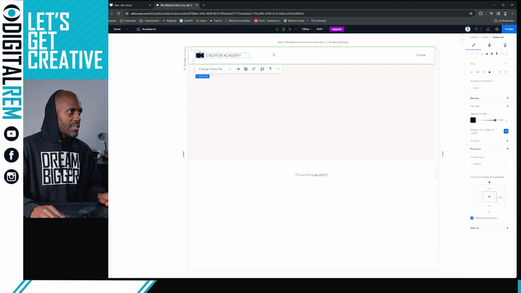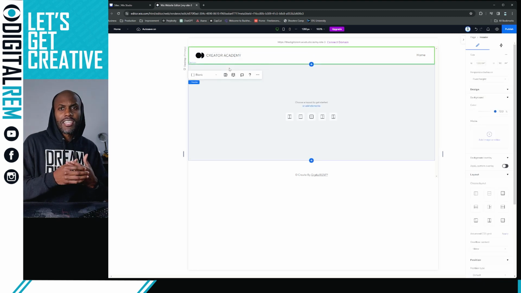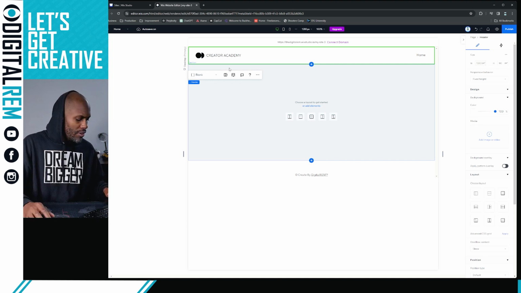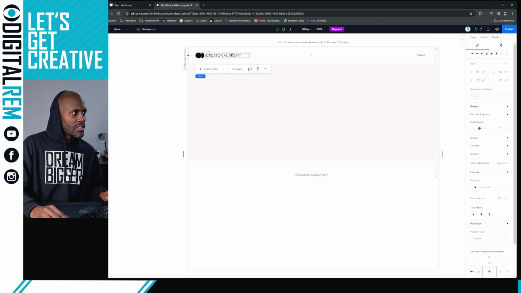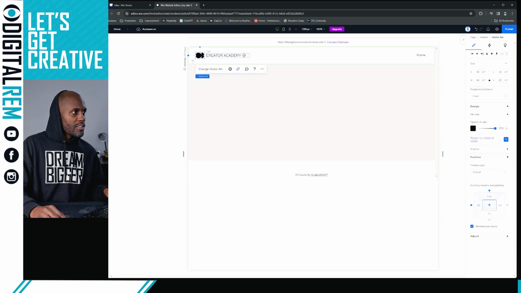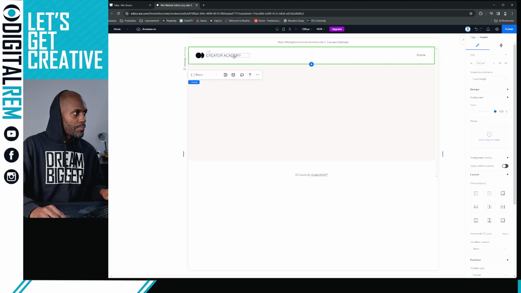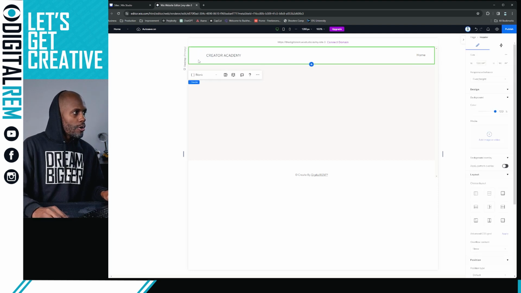So what we can do is just simply delete this, right? So how do you delete it? It's stacked right now, so you can unstack. And stacking is essentially like it's grouped together. There are two elements that you can move together. Let me actually stack it back, Control Z. And you see, I can move both of these elements together, even though they're two separate elements. So that's what stacking is. Let me move it back. So we're gonna unstack it. So now when I select, it selects one individual thing, just like that. Boom. Simple, right? Now you can just get rid of this by selecting it, hitting delete, and it'll go away,